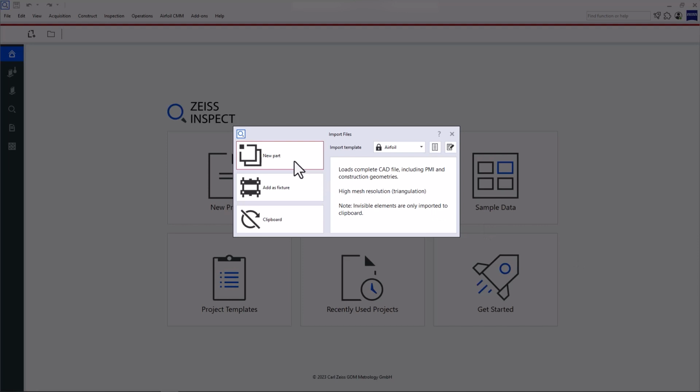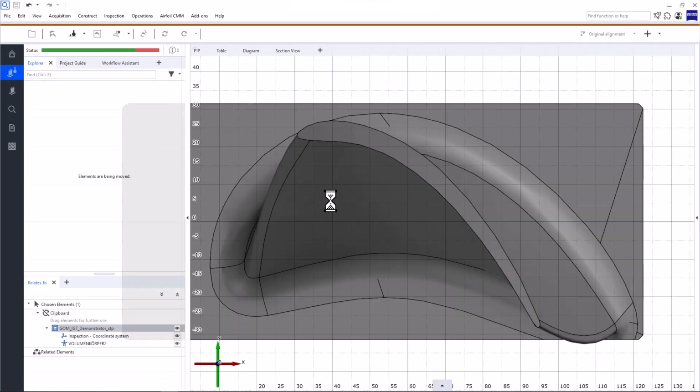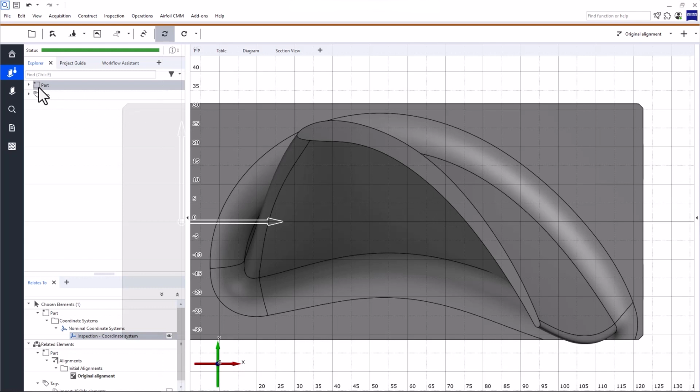When you use the import option New Part, the software imports the CAD data and creates a part in the Explorer. Parts are important because the software groups all the elements belonging together under one part. Please note that data you import must belong to a part if you want to use it for inspections.